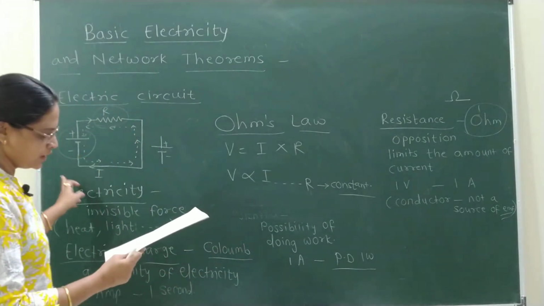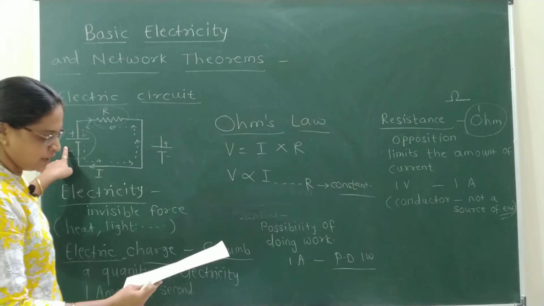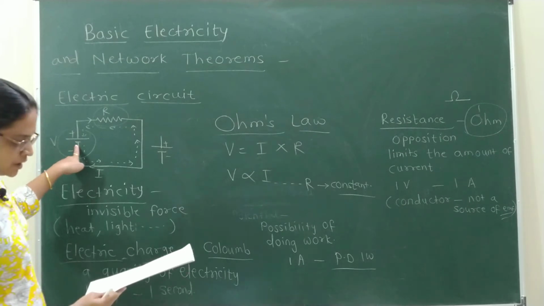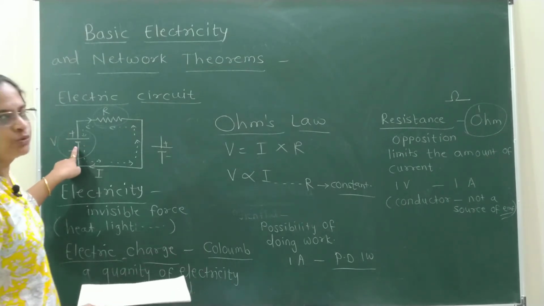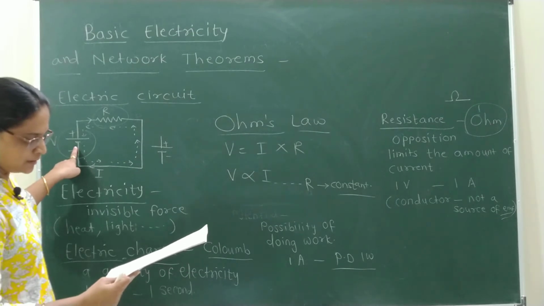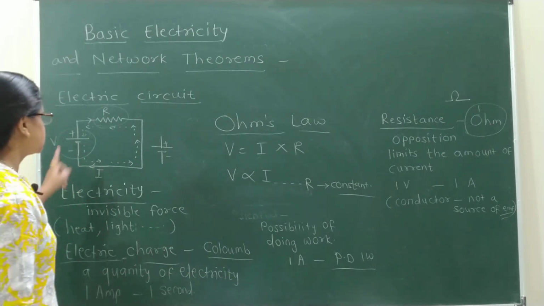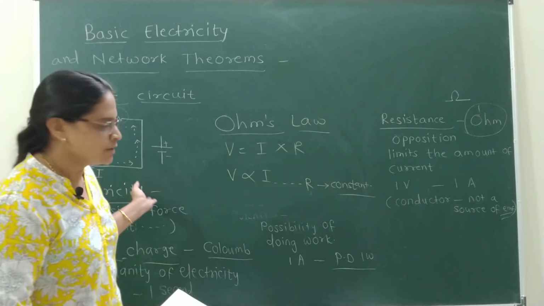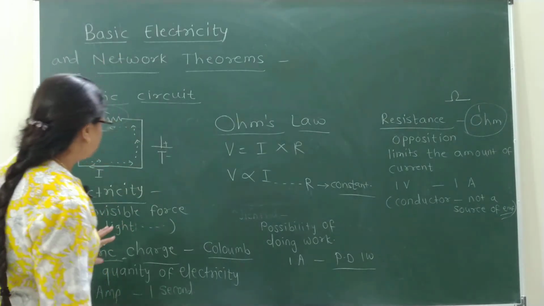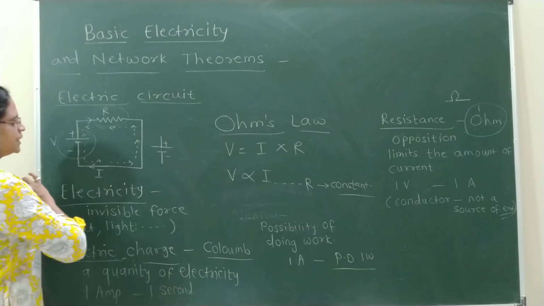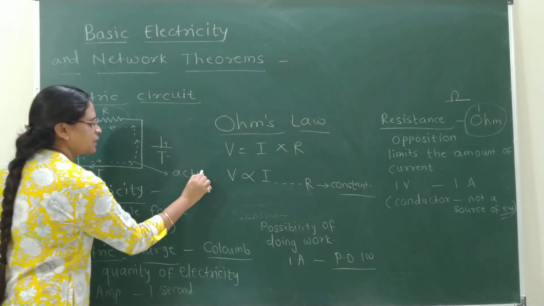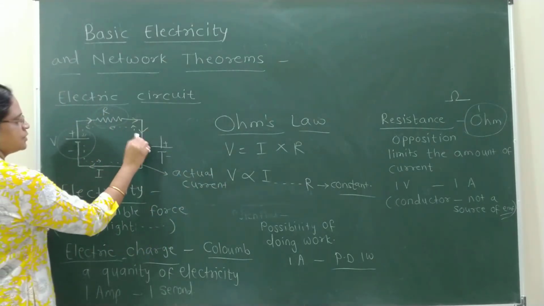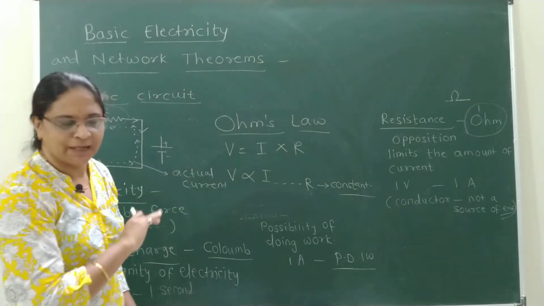And what are the requirements for any electric circuit? There must be a source of potential difference. There must be a complete path for current flow from one side of the applied voltage through the external circuit and returning back to the other side of that energy source. Number 3, the current path normally has resistance, and the resistance will oppose the current or it may generate heat across it. So like this we have completed how the electron movement actually occurs from negative to positive. This is called actual current, but normally we show the conventional current flow, that is from the positive battery terminal back to the negative battery terminal.